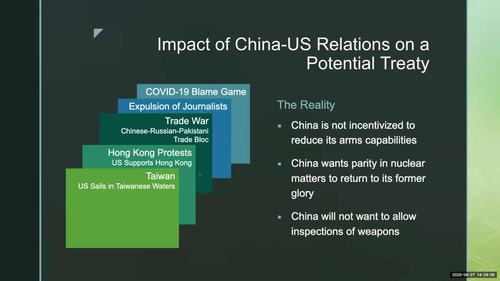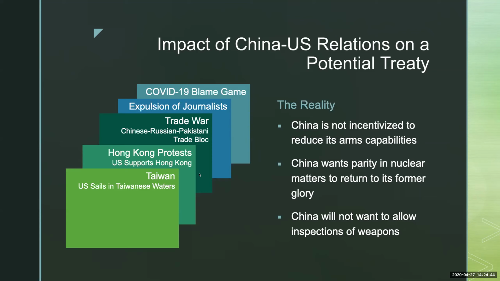Hi, I'm Theodore. I'm going to continue talking about China. So based on some of the historical baggage in China, China is basically not incentivized to reduce its arms capabilities. If you talk about Taiwan and Hong Kong, for example, these are territorial disputes. The US has been sailing in Taiwanese waters, and the US supports Hong Kong protests. And in fact, Hong Kong carries even more baggage because the way it was ceded to the British Empire back in 1842 was due to the Opium War, and